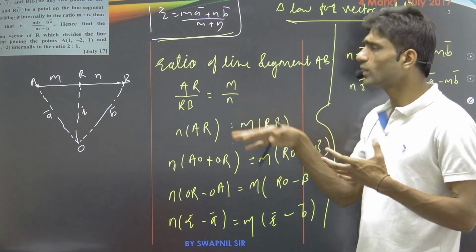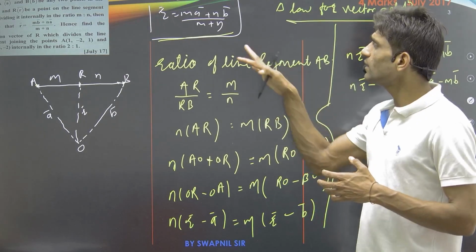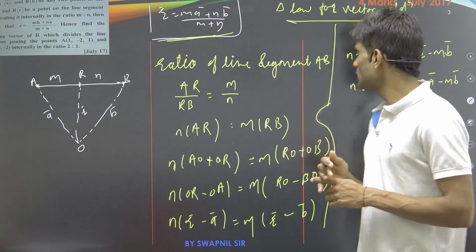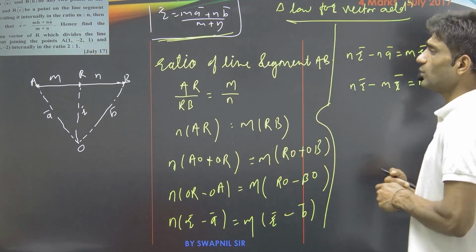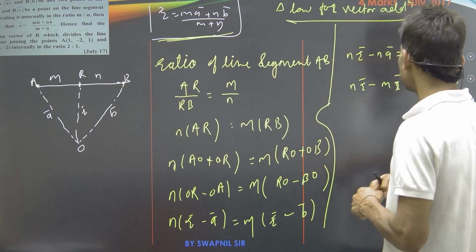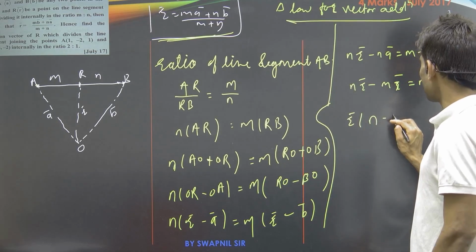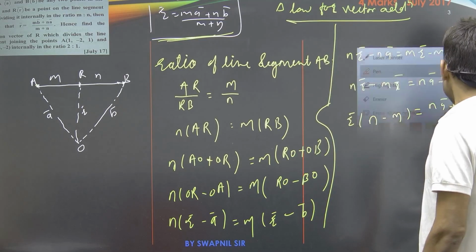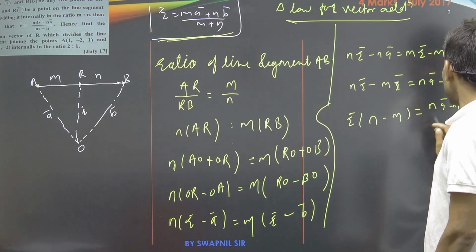So you have to consider the position vector in such a way that you will get the section formula for internal division. Now here we have taken their negative vectors. Instead of the negative we can go for the positive vector. If we take r bar common from here, then (n minus m) remains, and n a bar minus m b bar remains. Because I have taken the negative vector, I gave this proof for external division.